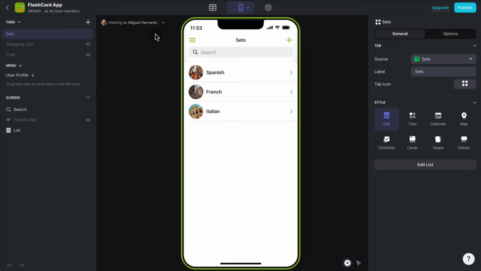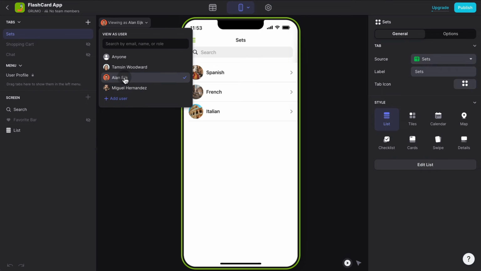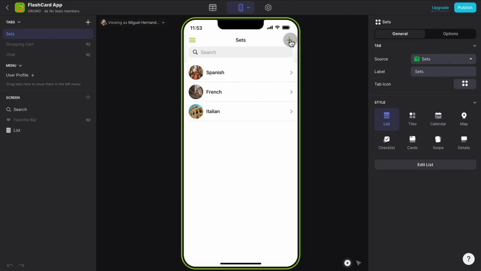And you can see if I pretend to be logged in as somebody who is not an administrator, let's say Alan, he doesn't have the plus button. And if I log in as an administrator, in this case myself, I see the plus button. When I click on it, I can add